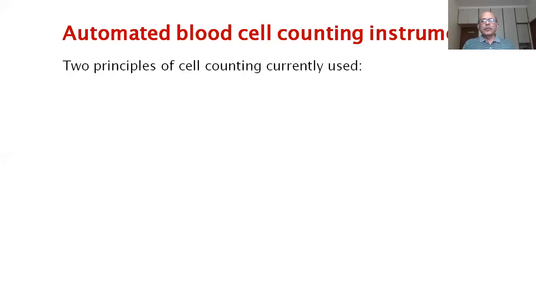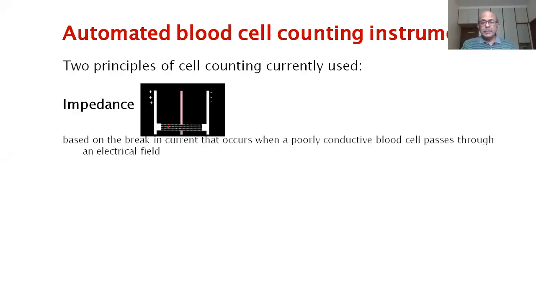So for those who wonder how it is that this machine is able to do all these and count all these parameters perfectly, all these automated cell counting machines are based on one of two principles. The first principle, which was devised by Coulter, the Coulter principle, is based on a very simple principle. On this you will find that electricity is flowing between two electrodes, and if the RBC, which does not conduct electricity, flows through this and impedes the flow of electricity, there is a resistance which is measured, and this resistance is picked up by the machine.